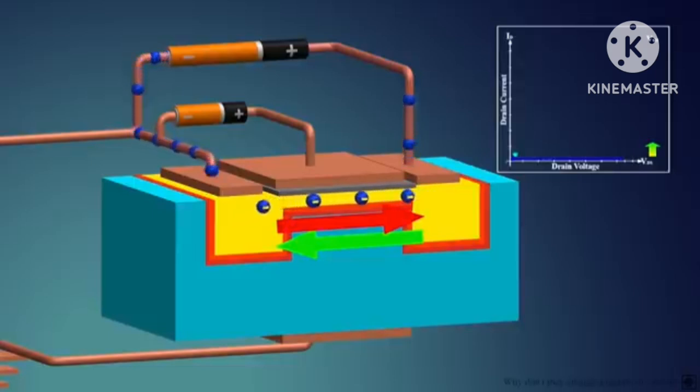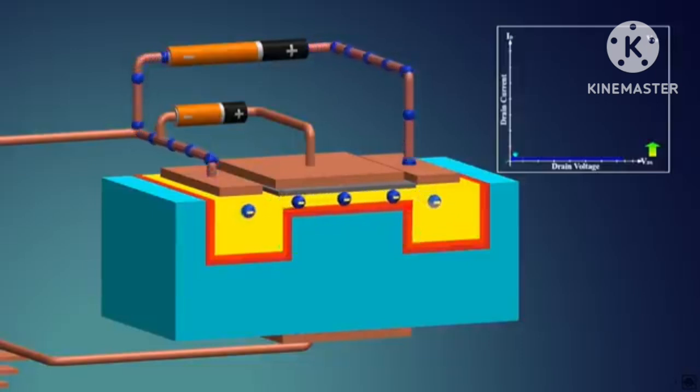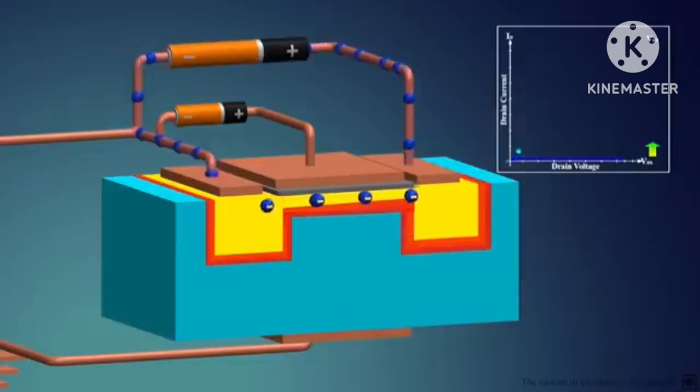This is also the reason why they are called the source and the drain, because the source supplies electrons to the channel and the drain collects the electrons from the channel. As the conventional current flows from drain to source, it is called drain current. Now the MOSFET is in the ohmic or linear region. In this region, it follows Ohm's law, that is, as the voltage increases the current increases linearly,